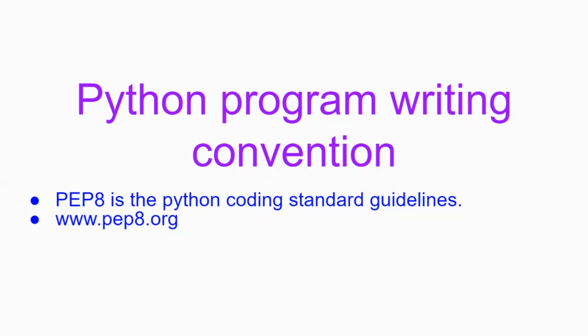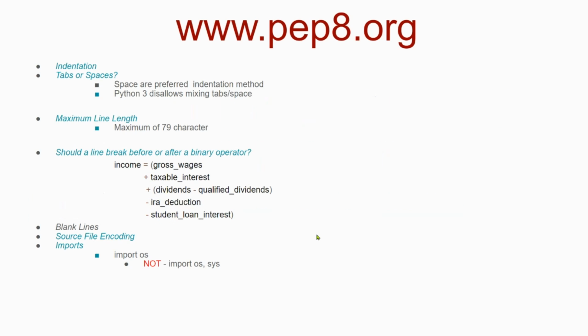And today, before we jump to writing code, we just need to talk about some conventions. Every programming language has some conventions for how to write code, and if you follow and stick with these, it will be good for you. You can find all the conventions on pep8.org, Python's website, where you'll find all the coding standards. We'll talk about a small bit, but you'll find more details on that website. But first of all,